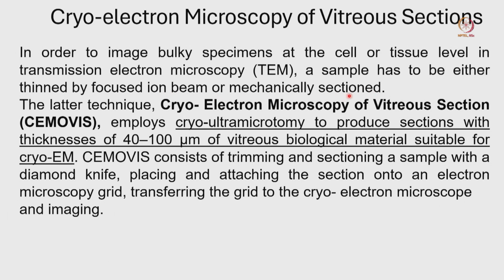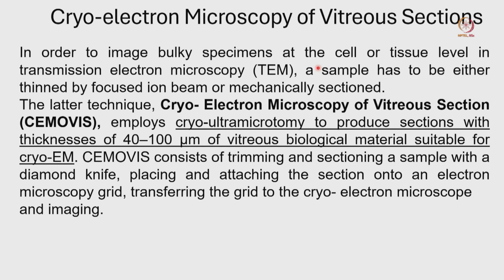So, there are two ways we have to pay attention to: if the specimen is very thick and we want to go inside and image the cell, what is important is that any cell has a cell membrane. It may be a plasma membrane or any kind of biomembrane, so different kinds of lipid layers will be there. We have to rupture that lipid membrane. When you rupture that lipid membrane, we can see inside the cell. So, there are different ways to do it.